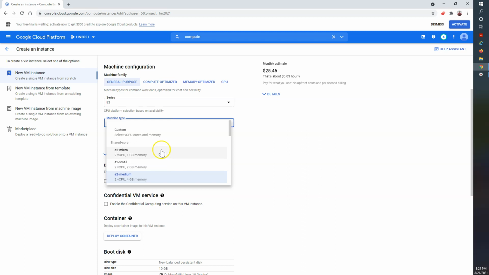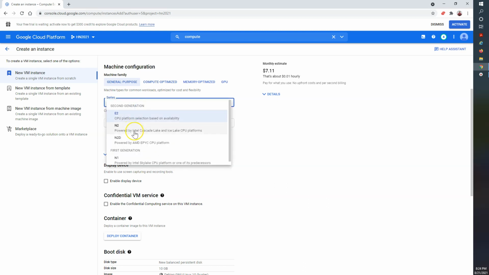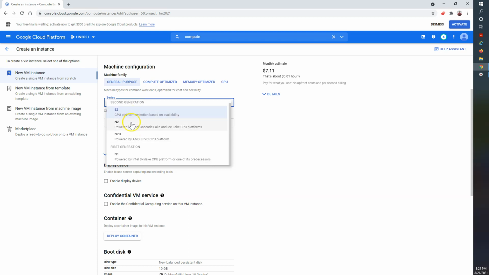So here we will basically take the E2 micro for our demo. We are not going to take a bigger virtual machine because we don't need one, but you can choose from your configuration based on your requirement. So there's E2, N2, N2D. So these are different configurations for your machine.